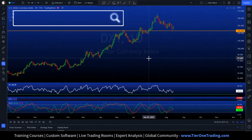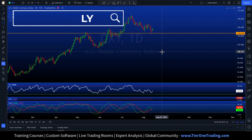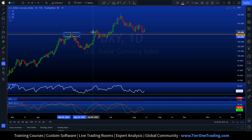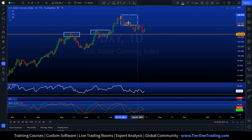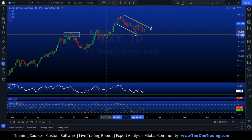Next up is the dollar index, the DXY. This is going to be very similar to the euro dollar, as the DXY is essentially the euro dollar. But nice fight off of previous structure here. You can see we had previous level of structure resistance. Resistance was violated to the upside and it put in a nice little pullback. Sorry, wrong tool. It put in a nice little pullback and really held off this previous level of structure